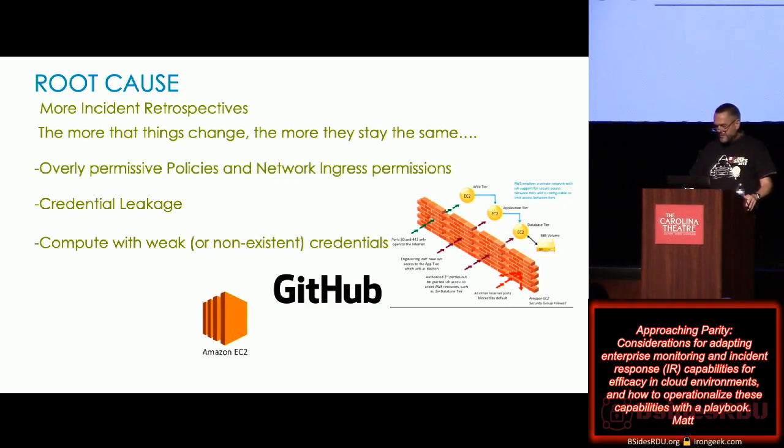And then, number 2, as with permissive ingress policies, leaked credentials are another pitfall to a secure cloud environment and can lead to data loss. The common vector here is credential leakage: an access key is committed to GitHub or other publicly accessible repositories such that it can be acquired, and unauthorized users can simply go to GitHub and use those credentials to access your environment.